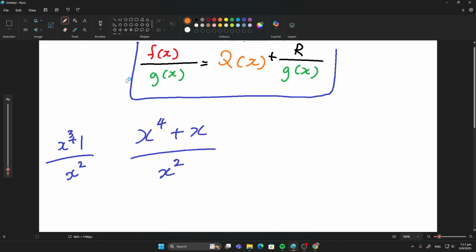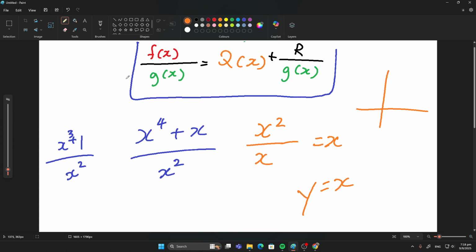Now in this case, it's somewhat logical that, for example, if I were to do this, essentially I'm just saying that y equals x. And how does a y equals x graph look like? It's going to travel diagonally. So what does that mean? That means that the moment when my fx is bigger than my gx,